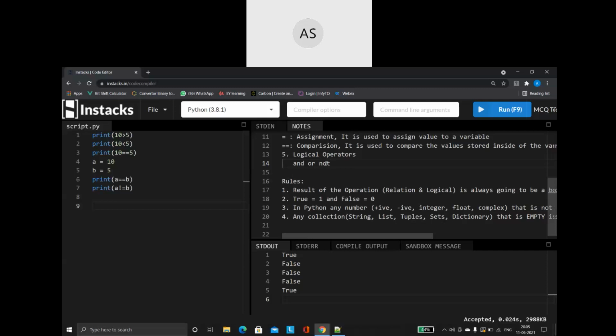Same logic is what we are going to apply in the programs also. I am having one or more expressions which I want to combine together to form one single expression. So remember, I am having multiple expressions. I want to join all the expressions together and form one single expression. So for that purpose only, I am going to make use of my logical operators. So now the next question comes. What do you mean by these expressions and what do I mean by combining the expressions?